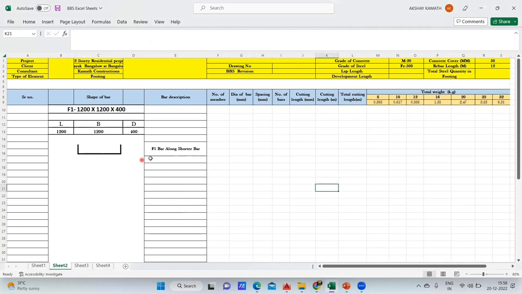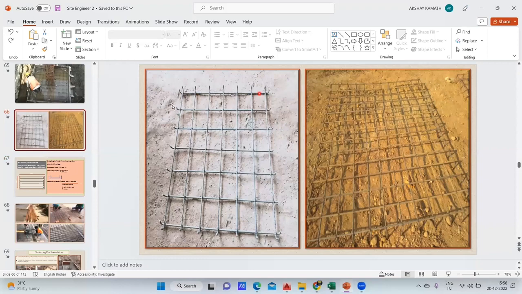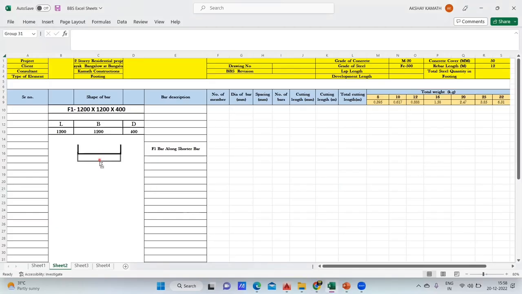Now in the same way, along the longer span also you'll provide a bar, right? If you see the drawing again, this was the footing. I've done the shorter span. Now on the longer side also you'll put a bar. So again, I'll control C and drag it. This will be my longer span bar. I'll drag this and write here. Merge at center, and I'll write again